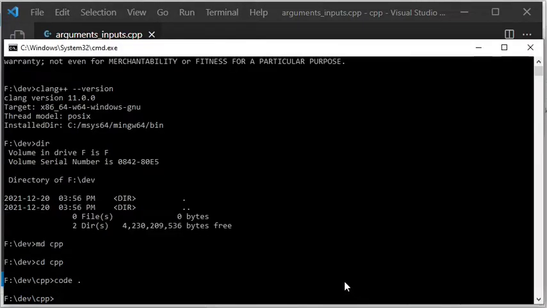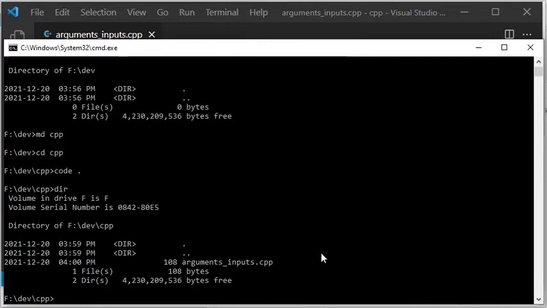Now I will first compile with G++ and then I will also compile with CLang++. Normally you would probably only use one C++ compiler, for example either G++ or CLang++. But here I am using both of them, just to show that it works with both of those two popular C++ compilers.